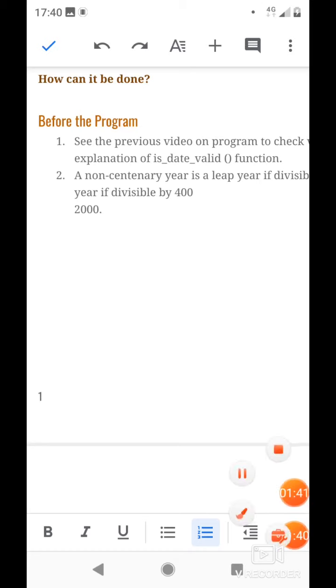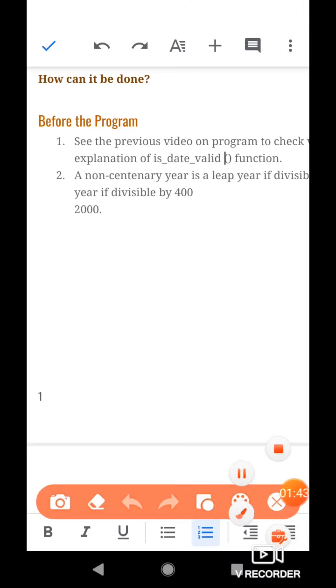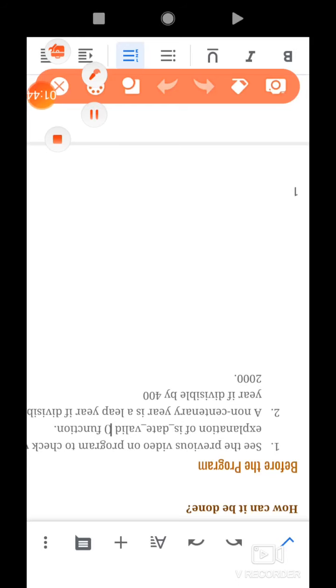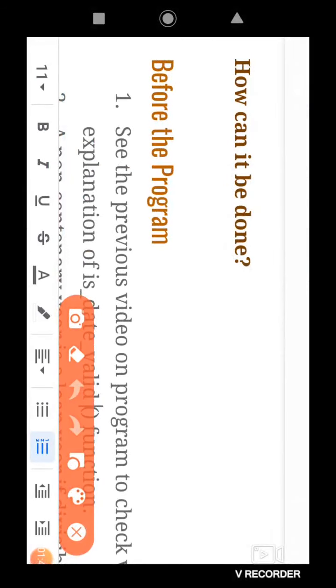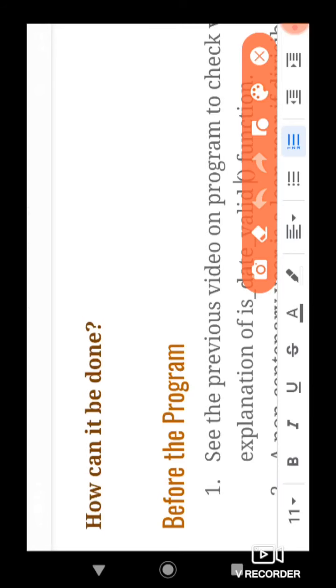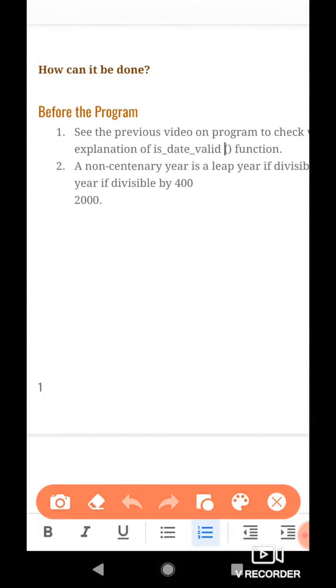Now the second point is that we all know how to check whether a year is a leap year, because to handle February month we have to calculate whether the given date happens to be of a leap year. Now to check whether a year is leap or not, we divide the year by 4.